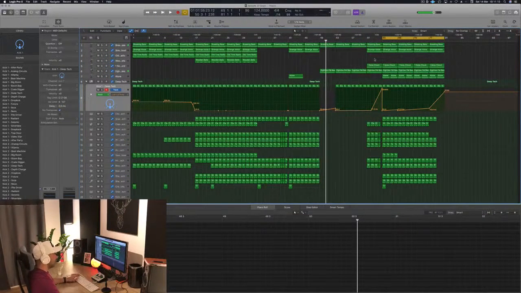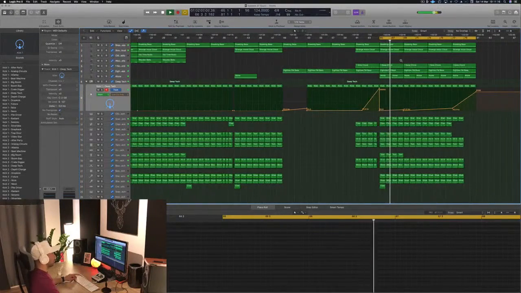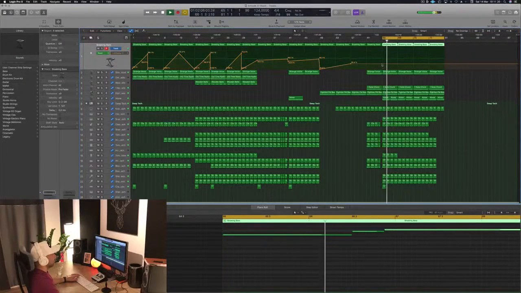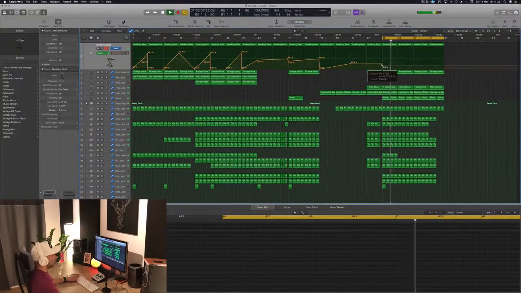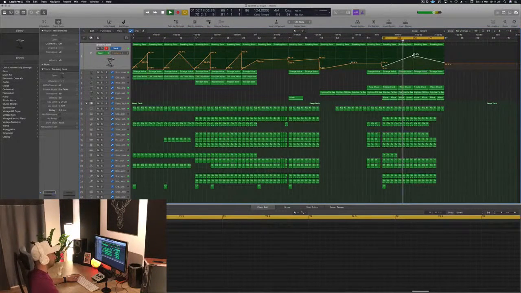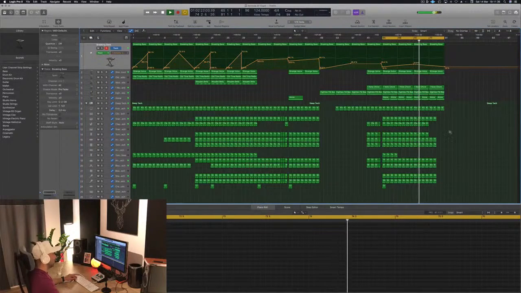Now we're gonna go into the main part. For me it is the main part. This is where all the elements are there, the groove is there. Let's try to bring it up just for fun. No, it should stay quietly in the back, I would say.